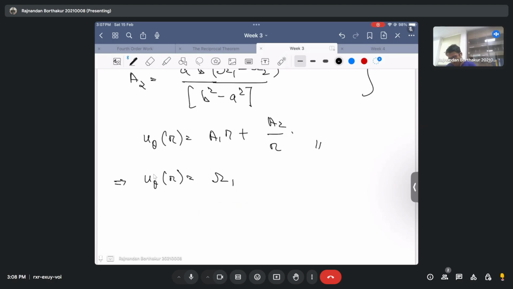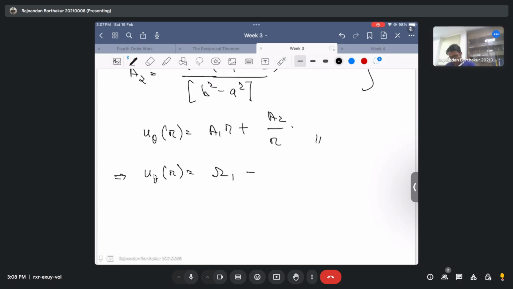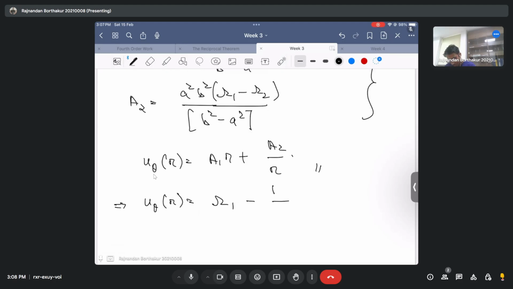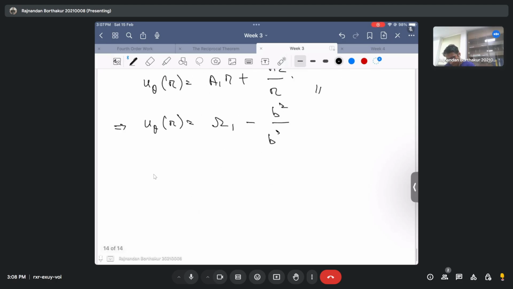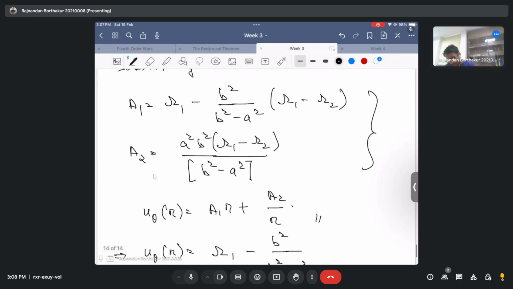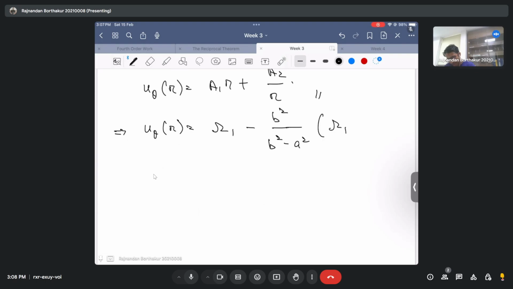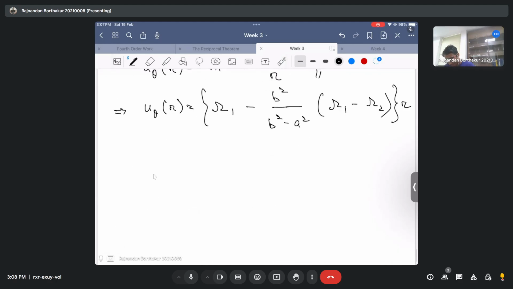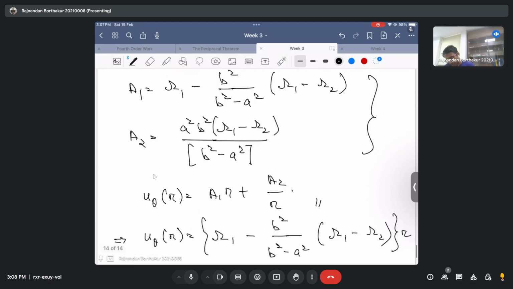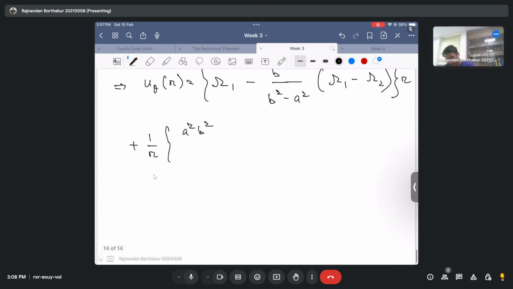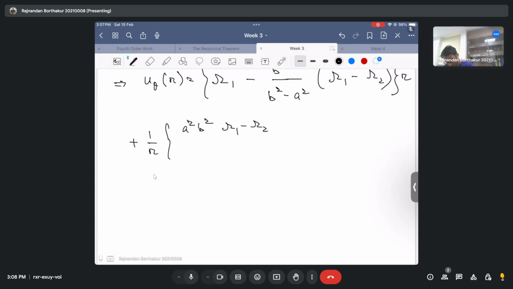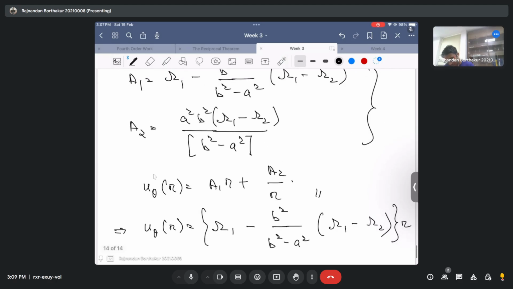I hope this is clear. So a1 is just omega 1 minus v square by d square minus a square. This is a1, and there is the multiplication of omega 1 minus omega 2, and then this a1 is multiplied by r, and then we have plus 1 upon r, and my a2 is going to be just this, so it is just a square v square omega 1 minus omega 2 divided by v square minus a square,